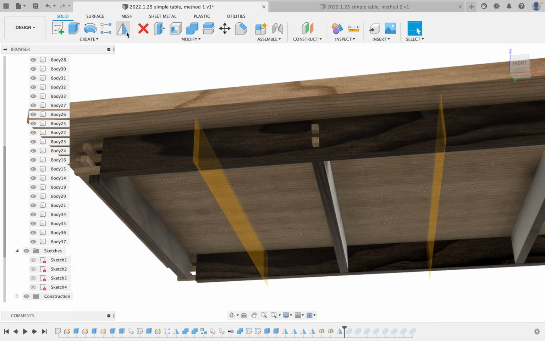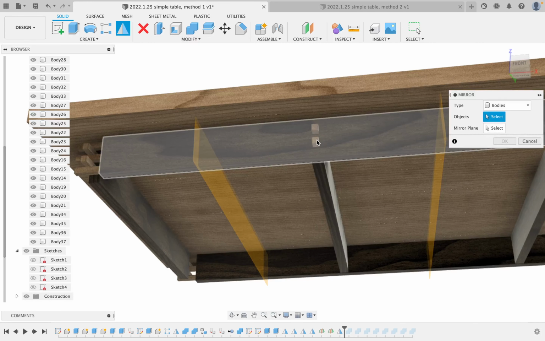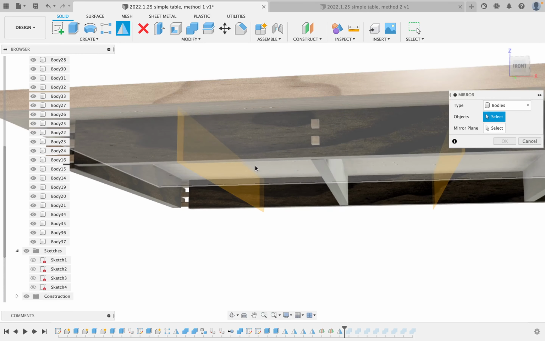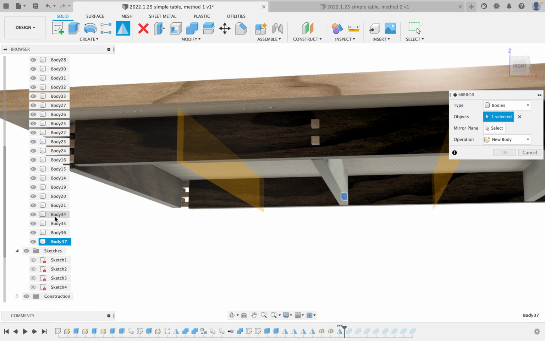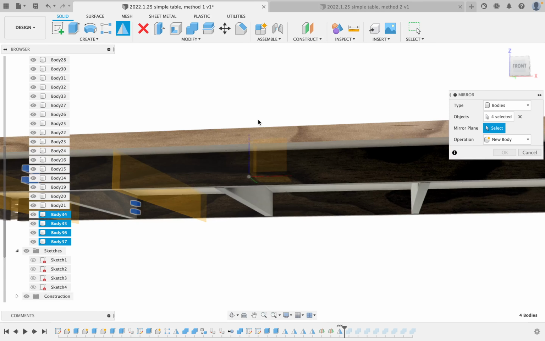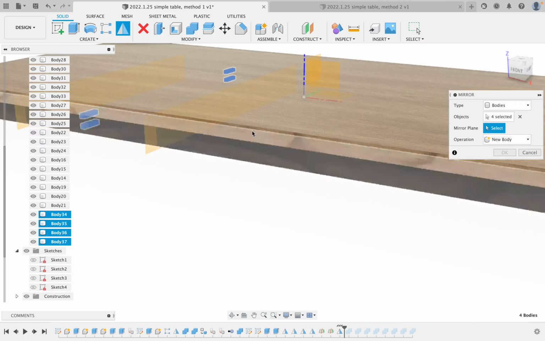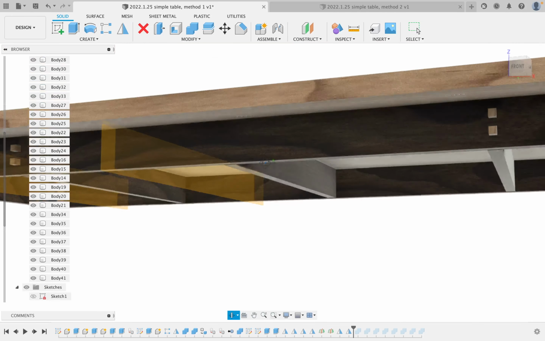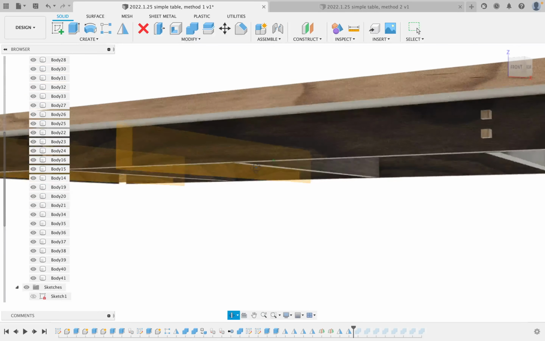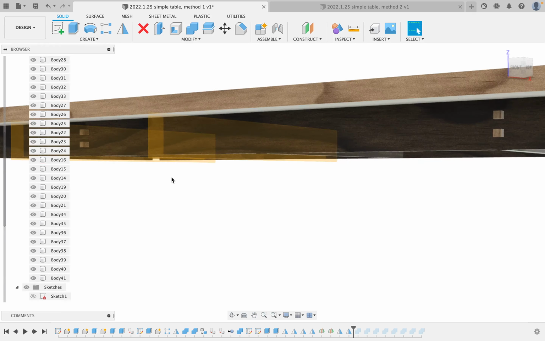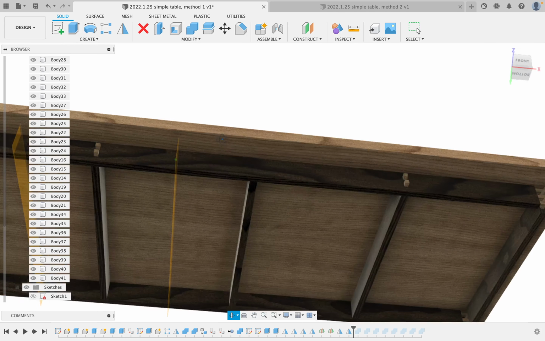Now if I go and I do the same thing, I can mirror these four here. I can select them over here. It's the last four we just created. And I will mirror them across the actual center. We didn't need to create that one because the center point is already there. Not bad. That's great. And the only other thing I need to do is I need to mirror them across